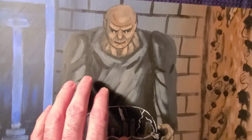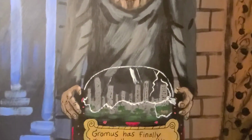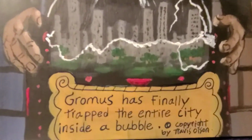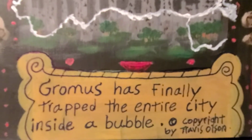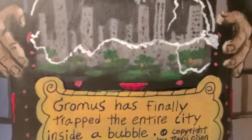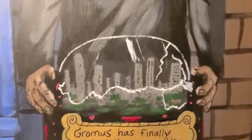Now he's a powerful character, but this is a what-if painting, because it says here, Gromus has finally trapped the entire city inside a bubble. Now, I'm not saying he's that powerful, because this is a what-if story, a what-if painting. But,